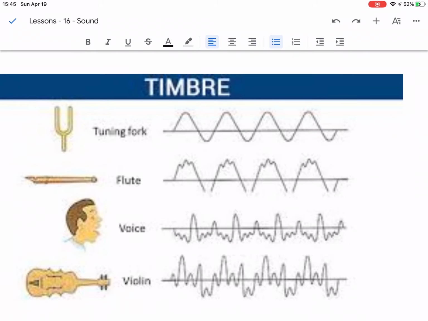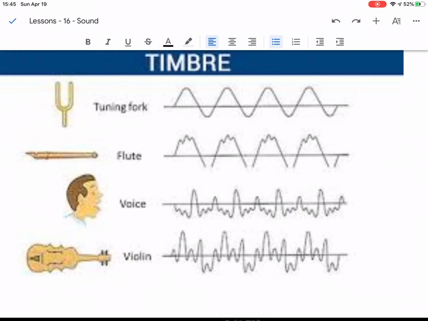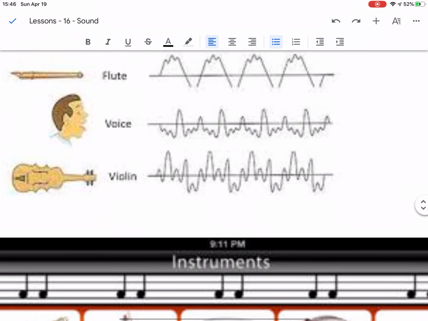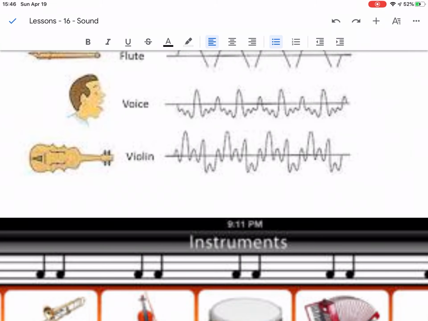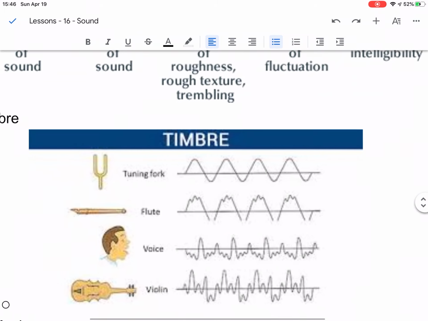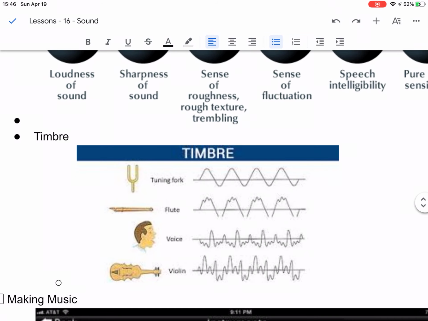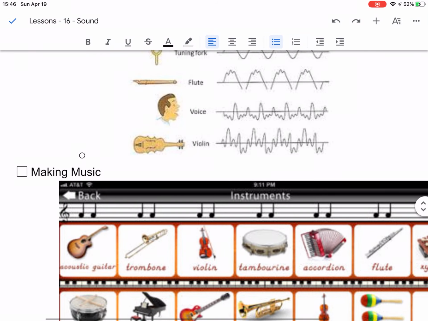Okay? Thus, even though you're playing C on a tuning fork and a flute, they sound a little different. When you're trying to sing, it vibrates differently. Still the same frequency, but has those little innuendos because your vocal cords vibrate, your lungs are a little different in shape as they go up and down. Same thing with the violin and how you pluck the violin and you strum the violin, it vibrates up and down. Each one doing a C, but gives its own quality of sound. That timbre makes it all different. That's why when you put them all together, it makes some beautiful noise if you do it just right.